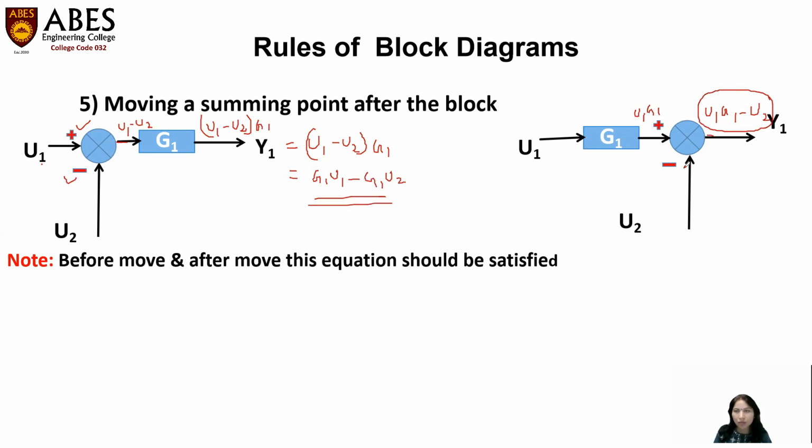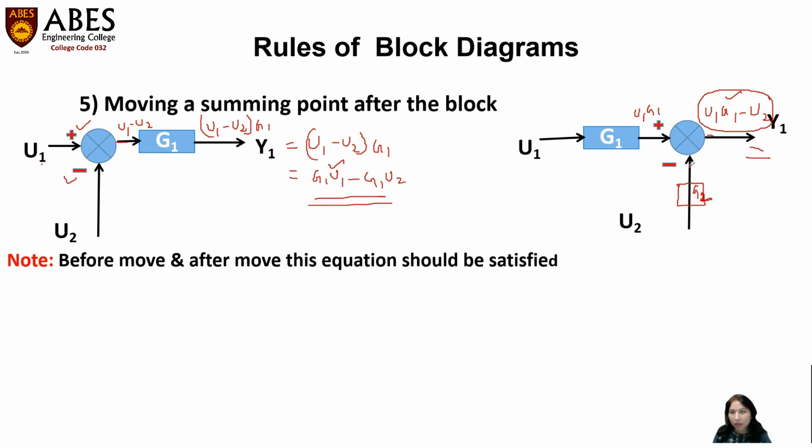Now just compare this value with this value. u1 g1 I got here, the same thing I got here also. Here I have g1 u2, but here I got only u2. This means that I have to do something here, right? Because I want to make both these values the same. So what do I have to do? I have to add g1 here also. How will that happen? If I add one block over here of the gain g2,